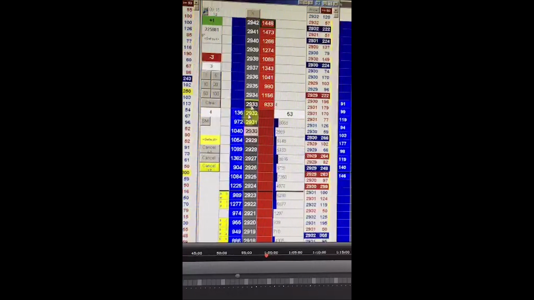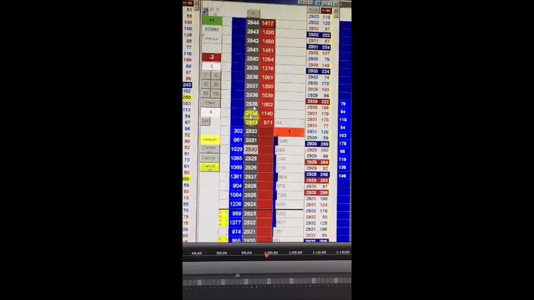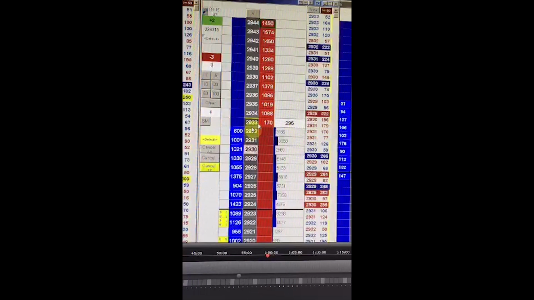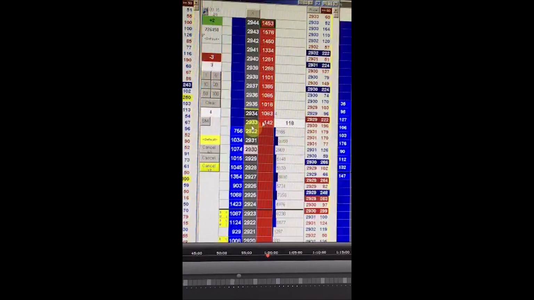Now note, we had a reference point at 29.33s, not a level, not a resistance. We had a reference point, a point we referenced, and we want to watch and see what the price action did at that point. First thing you need to note is that the market just sat off those 33s. Not a single seller wants 33s trade. However, the minute we traded the 34s and traded 4 lots, the market went back off it at 33s. Now let's watch this quite carefully.